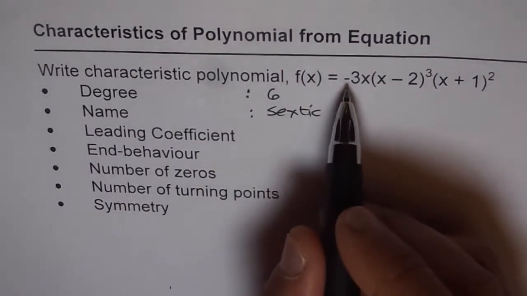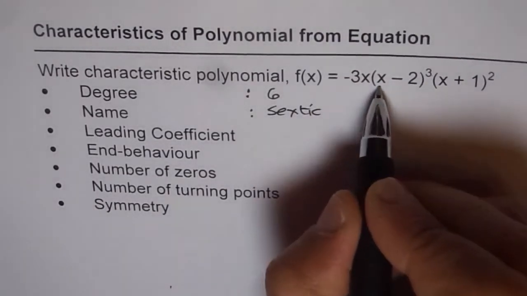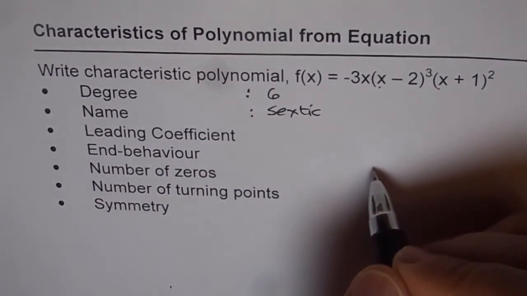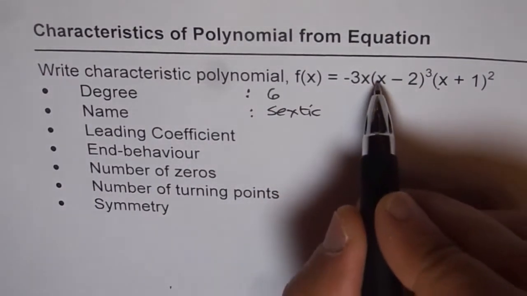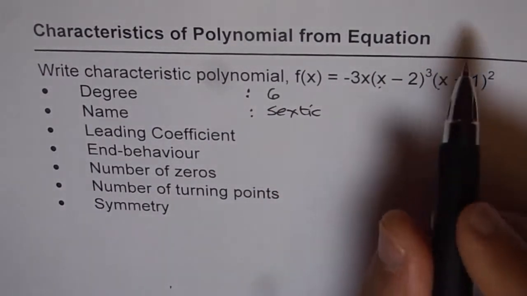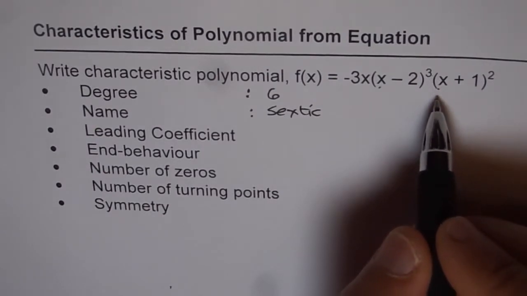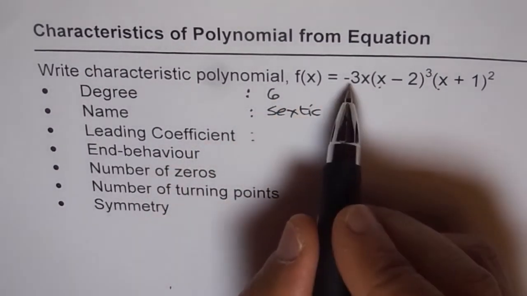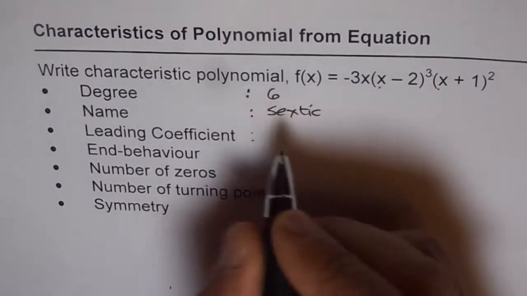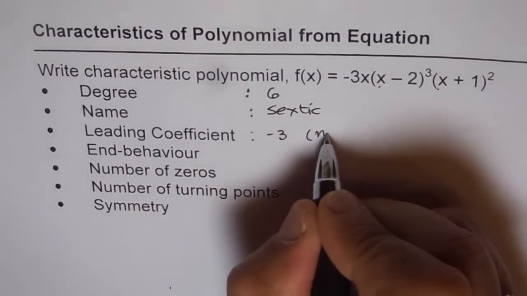Now the leading coefficient here is not minus 3. Actually leading coefficient is minus 3 times coefficients of inside terms. Fortunately for you, leading coefficient remains minus 3 since all these coefficients are also 1. But you need to take care of this, right? We do have an example in this set where it is not so. So that's why I'm kind of alarming you at this stage, and it's a learning experience. So leading coefficient is minus 3 times 1 times 1, which is minus 3, of course, right? So leading coefficient is minus 3, that is negative,